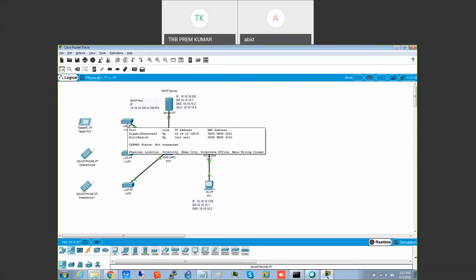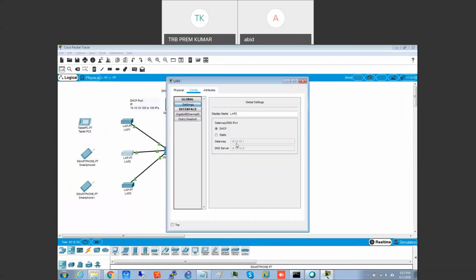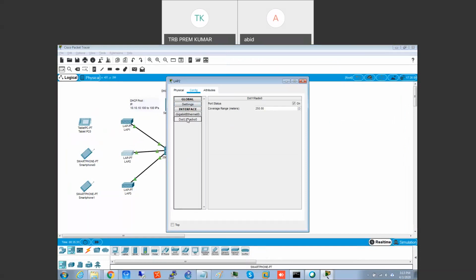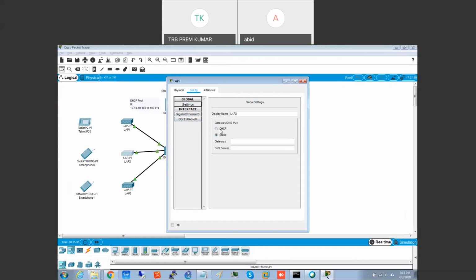Now it's coming. This is the default gateway issue. This is the default DNS server. It is not showing our IP address. Now it was showing 100. Yeah, it is taking some time.